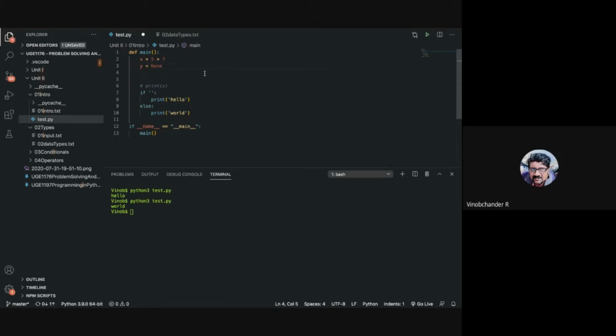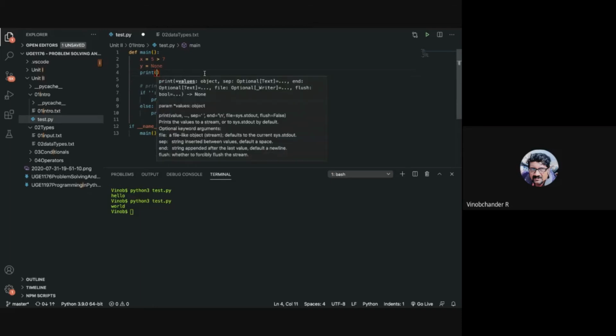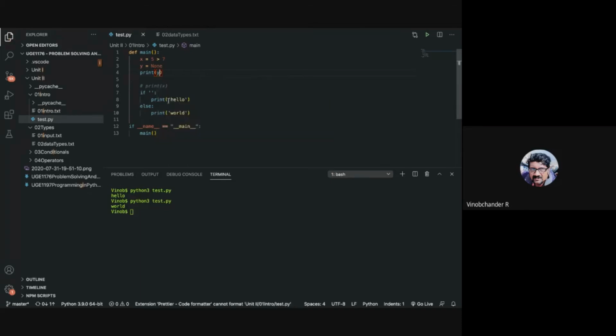If I print this and comment this out, what is the output, guys? None. Okay. So absence of value is indicated by none.